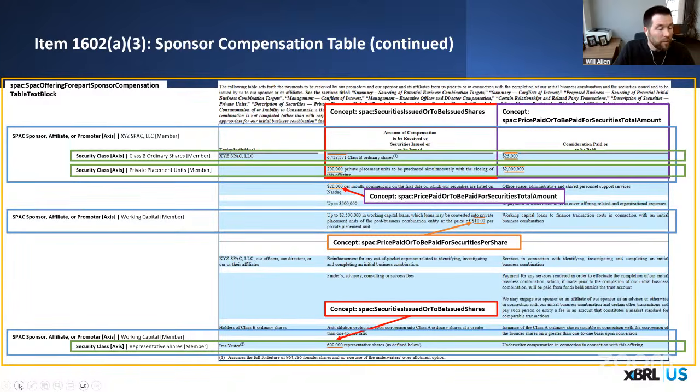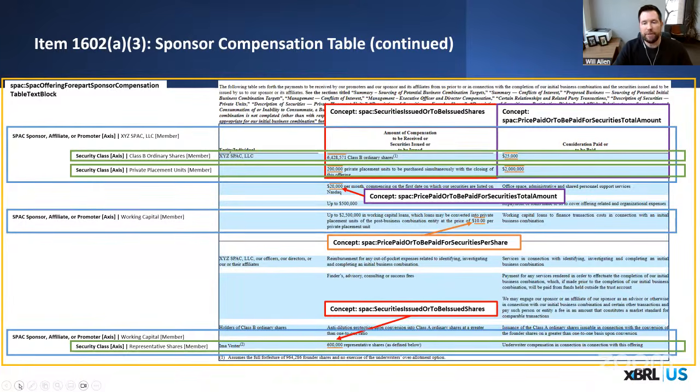That one is, oops, I have a typo there. I said it's working capital member. That's actually our fake underwriter here, the I'm a Vestor. So that one should be the I'm a Vestor member. So those members identify who the individuals or what the entities are that are sponsors, affiliates, or promoters. And then the securities class breaks it down even further as to what their compensation will be.